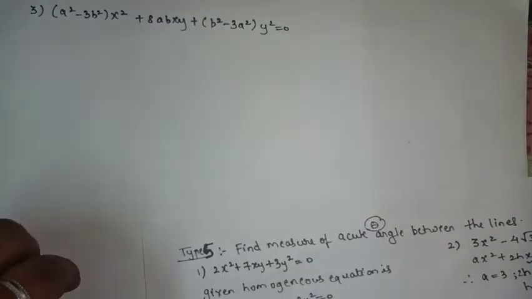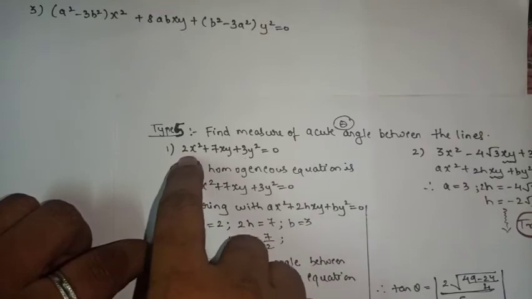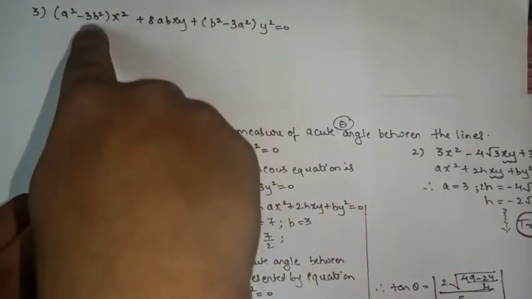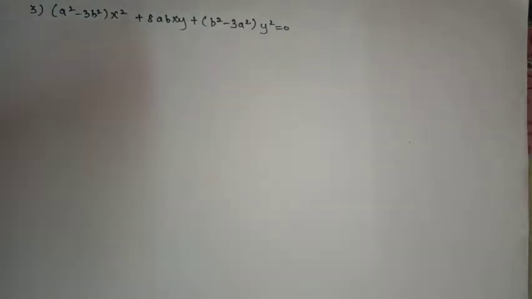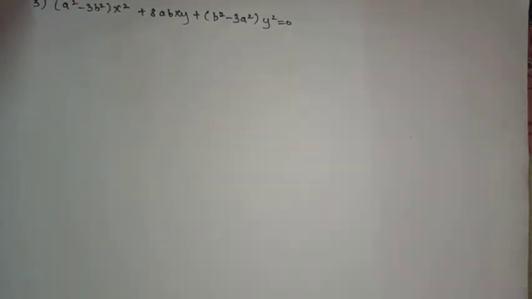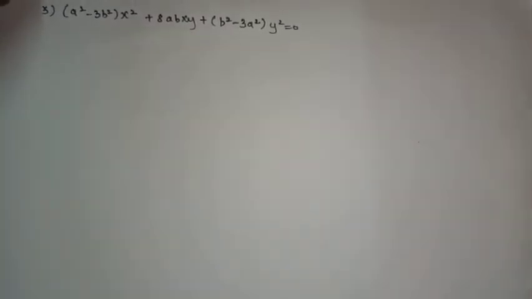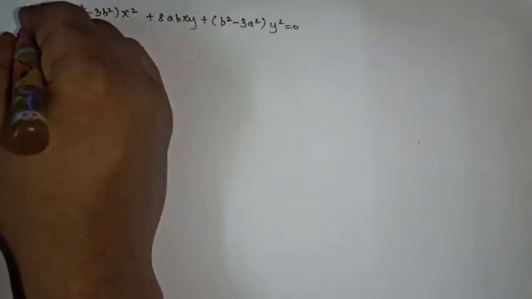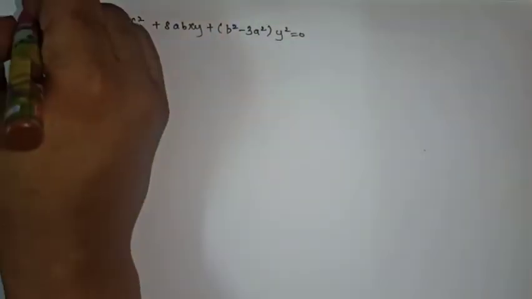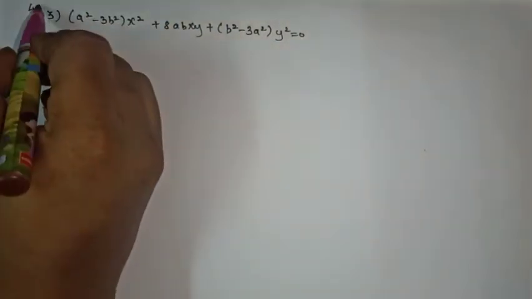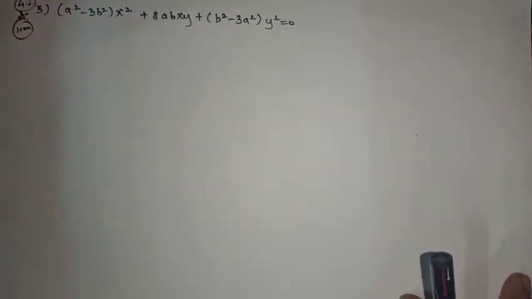So for this also we have to find theta, but can you see the pattern of the question? In place of numbers, here we have alphabets, and the coefficients are different. So let's see question number 3, and we'll see how to present the sum and how to find the value of theta for this one. As this is a very important sum for 4 marks, it is there in exercise number 4.2. So let's begin with the presentation part.